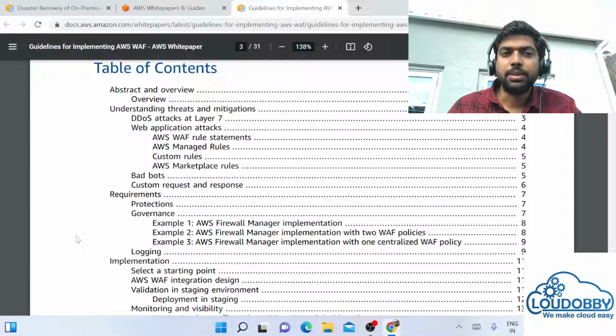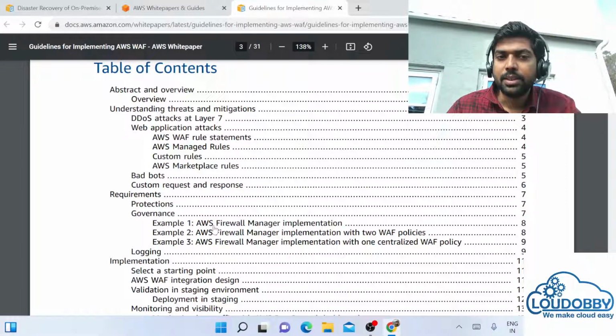Then requirements: protection, obviously, because we need a firewall to protect our application. And also governance. For example, you run your application in a specific region and you don't want to allow some regions, or someone is trying to access it. Someone needs to keep monitoring your application requests. We obviously have a monitoring system, but this is specifically on security.